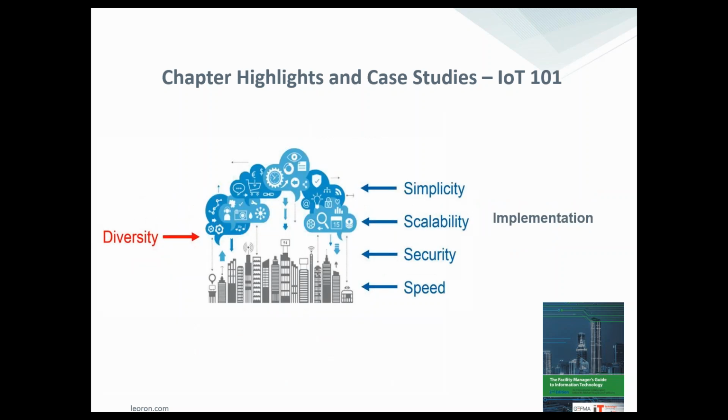Okay, so last piece in this section. There's a lot of information that we're getting, and we want to have that value and diversity of the things that we're getting out of it. But when we go to implement, what we want to understand is the 4 areas on the right.